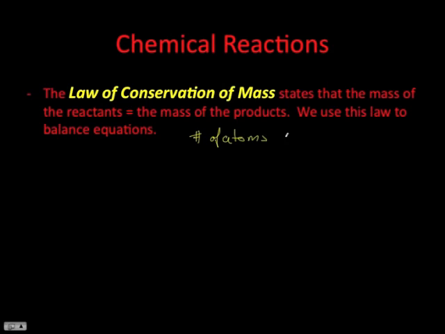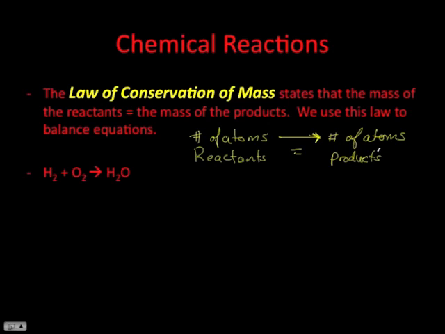are on the back side of the yields arrow, remember that yields arrow, is going to equal the number of atoms on the front side of that yields arrow. So the reactants equal the products and byproducts, if you remember that from our other aim. We use this law to balance equations. We're going to discuss balancing equations in a later video, but for today, let's just look at this particular